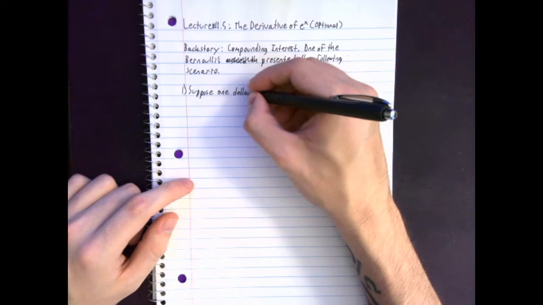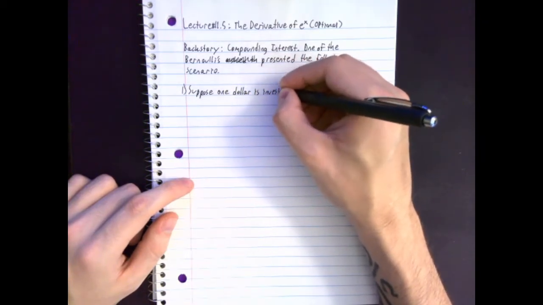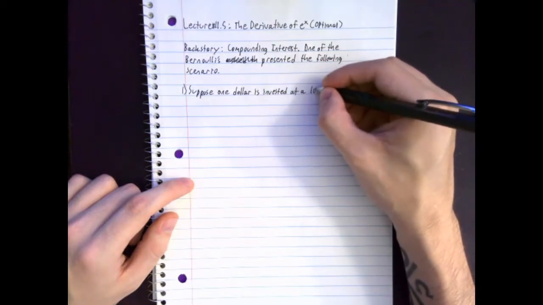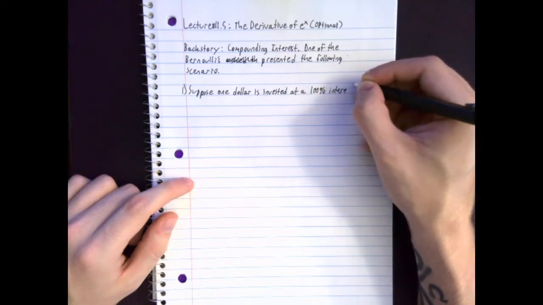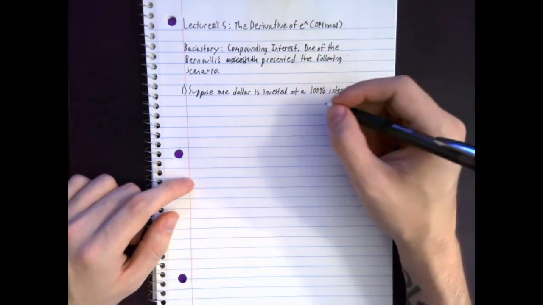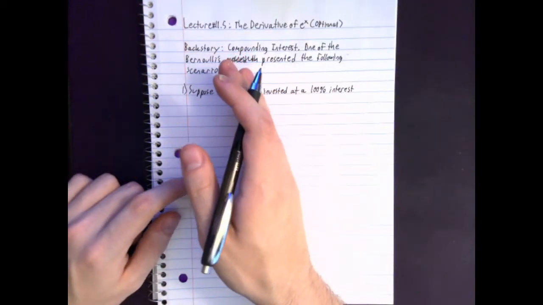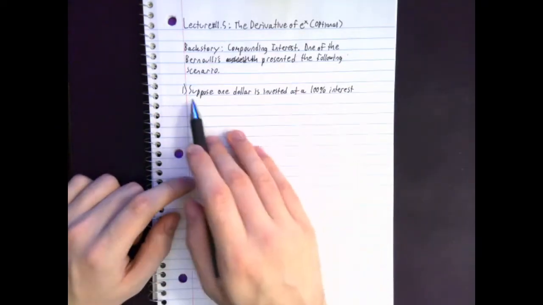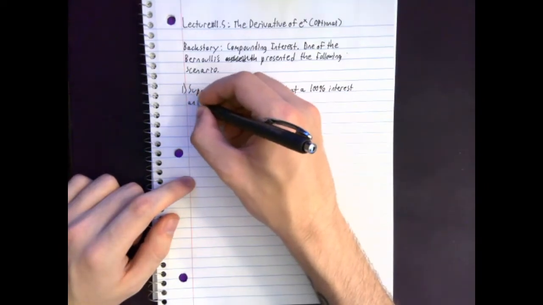So suppose $1 is invested at a 100% interest rate. So that is, every time the interest is compounded, you're going to get 100% of whatever you invested. I wish we had that today. Such things do not exist in the real world, but anyway,